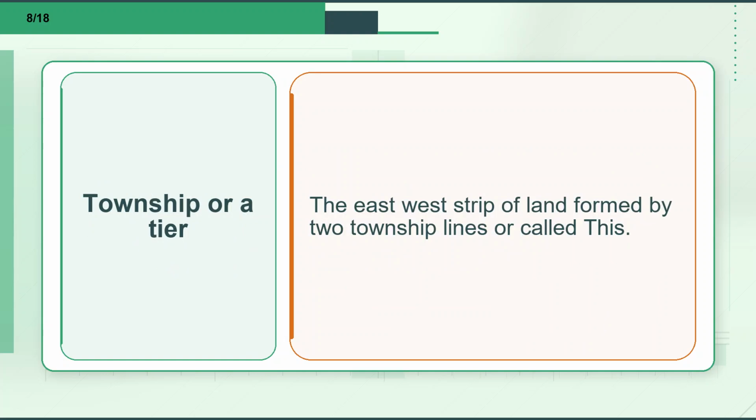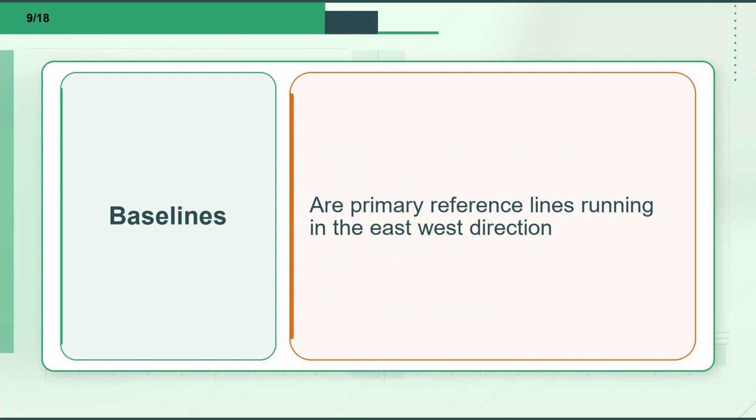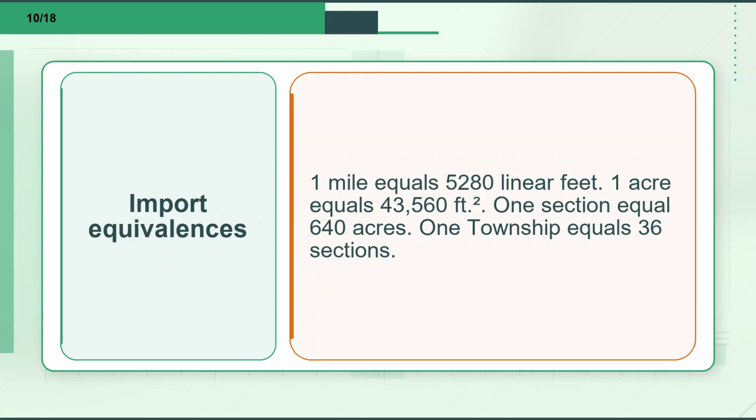Flashcard 8. Term: township or a tier. Definition: the east-west strip of land formed by 2 township lines is called this. Flashcard 9. Term: baselines. Definition: primary reference lines running in the east-west direction. Flashcard 10. Term: important equivalences. Definition: